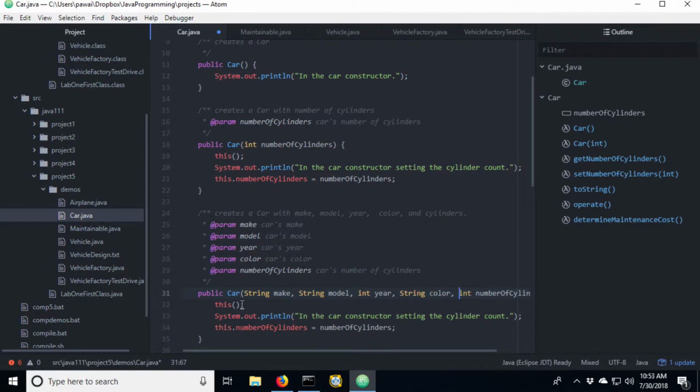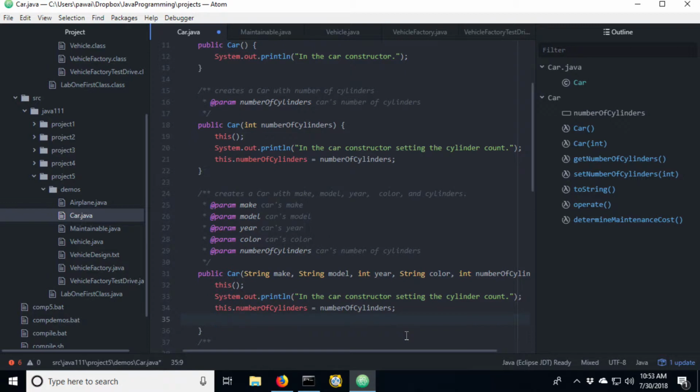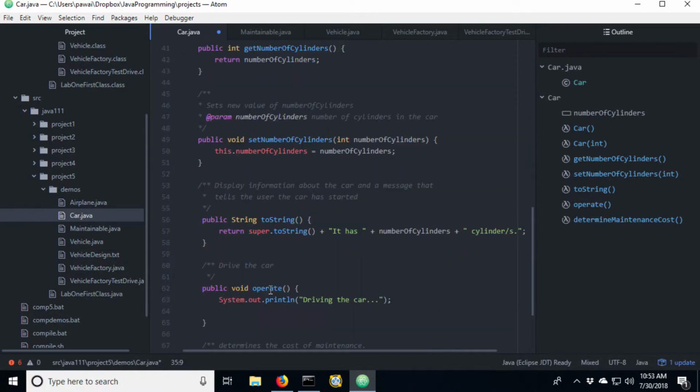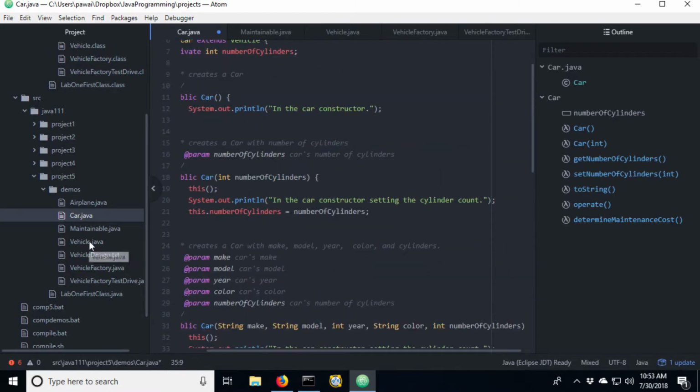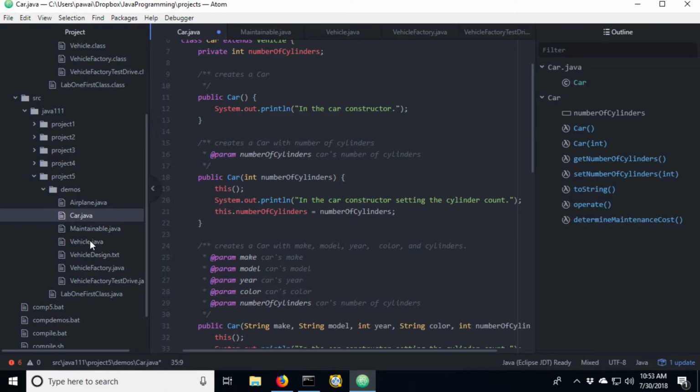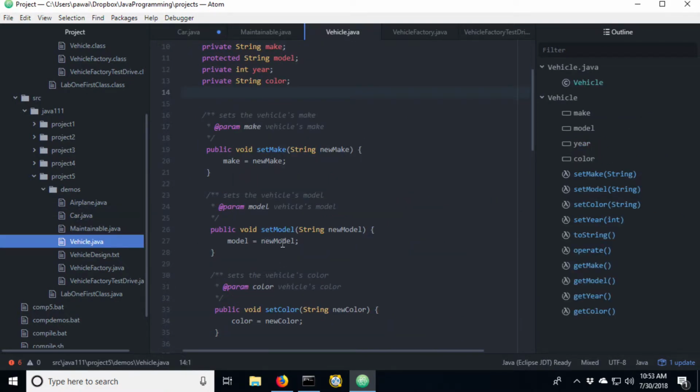So now I need to set those values. So we've got number of cylinders. Now I can't use this dot and then color because I don't have getters and setters for that here, correct? That is in the vehicle. And in vehicle, we had getters and setters for that, so we can call set model, for example.